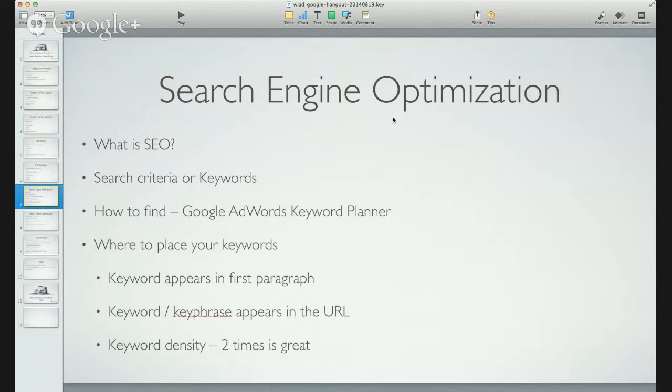Just go to the tools section, and there you will find the Keyword Planner. And just go and read on the help files and the tutorials there, and they will guide you how to use this keyword planner and how to get information on which keywords to use, and that'll really help you immensely.